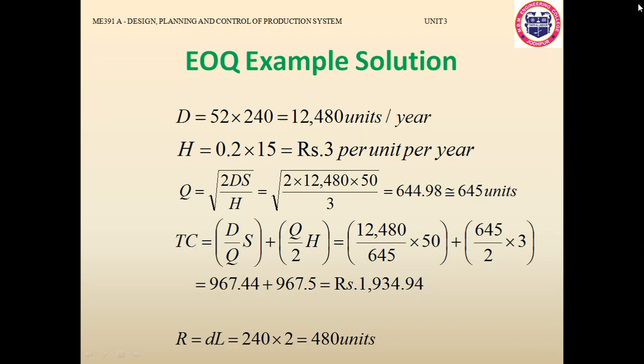So using this example, it is shown in this lecture that you can easily calculate the quantity, the cost associated with that quantity, and the reorder point. It means once you start with 100,000 or multiple units, and it goes down to 480 units, once you reach 480 units, you need to reorder your items to get your production continued.